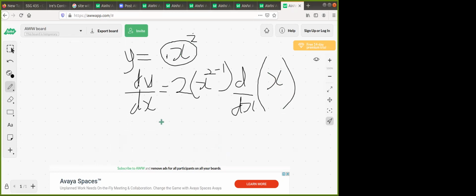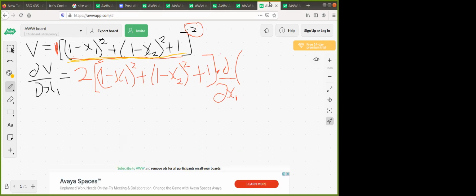So now this is going to be 2 minus 1, that's just going to be x, times the differential of x, which is going to be what? 1, and that's 2x. So it's the same thing that applies here, just that because this one is having so many things, you should try not to mix it up. All right, so the differential of the whole of this, that's going to be 1 minus,